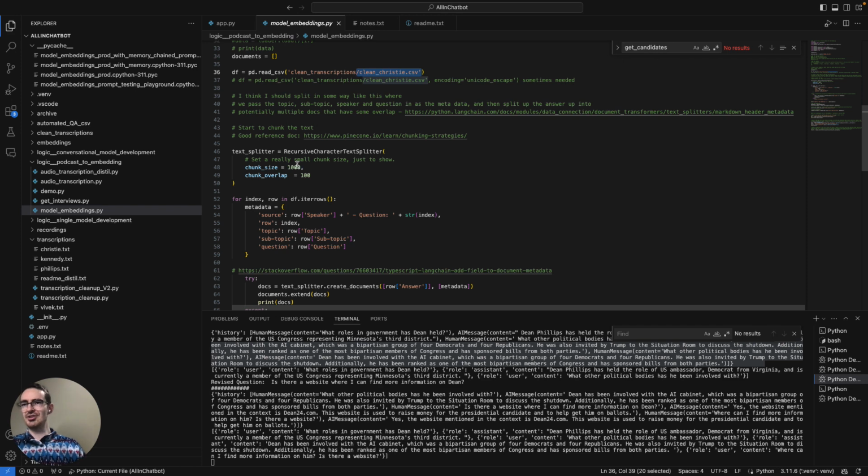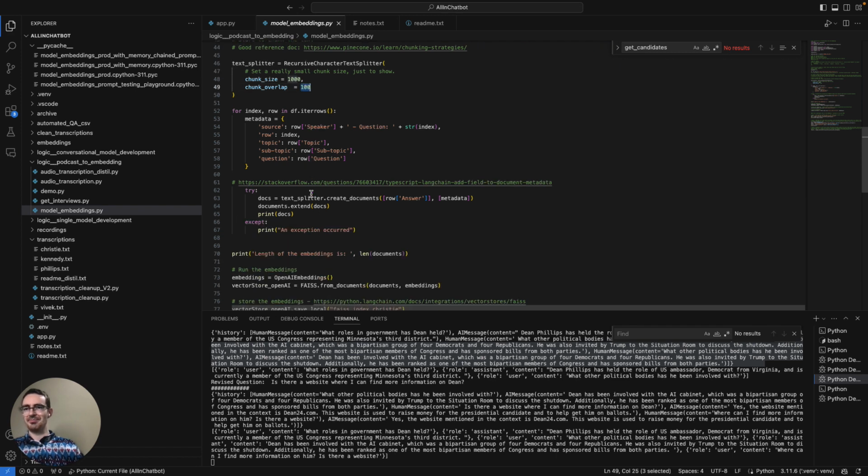So chunk size, like a 1,000 token size here. Basically think of it as 1,000 words. So it's a good, excuse the pun, it's a good chunk of text. And then the overlap, meaning if we were to look at a continuous string and try and break it up into pieces, you want each piece to slightly overlap with the last one. So our overlap is 100 tokens or 100 words. Then